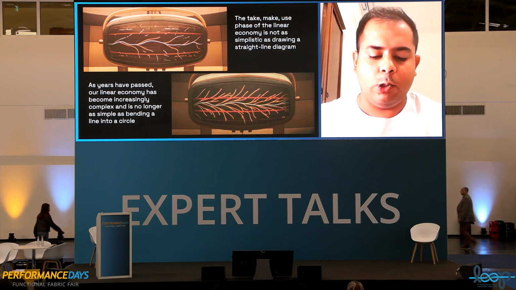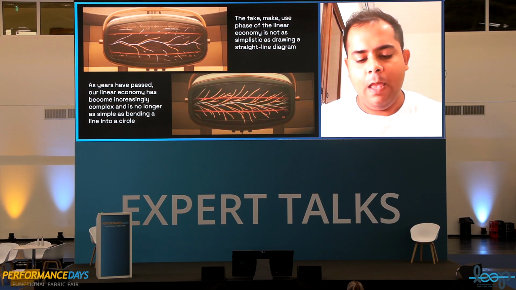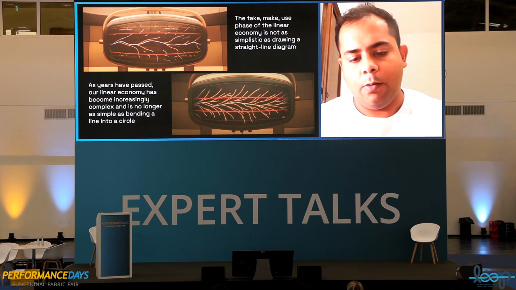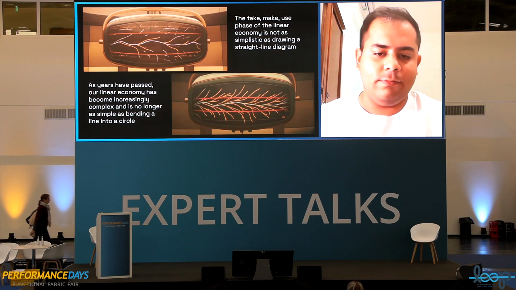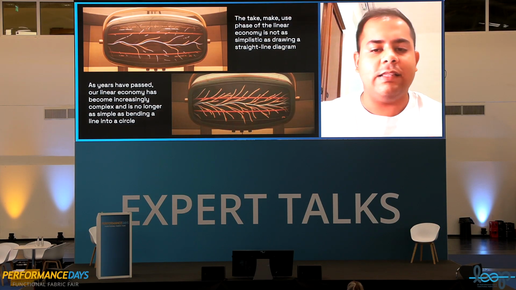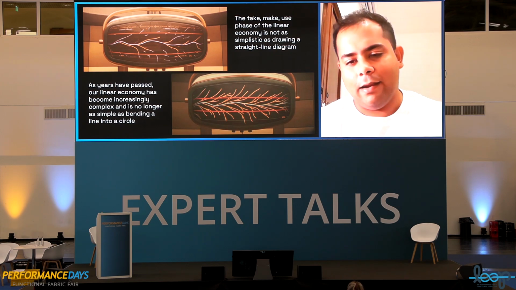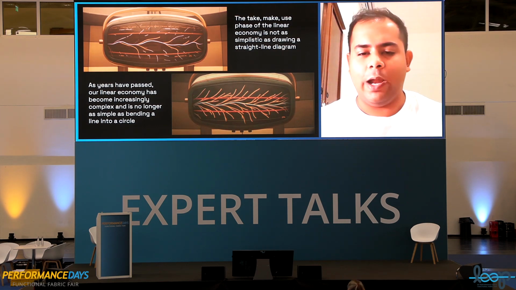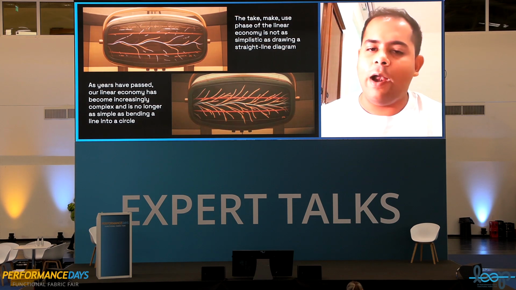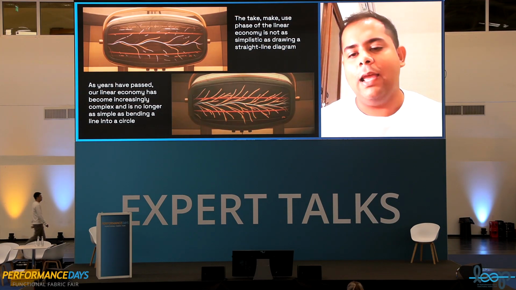And the red lines are more so the indicative lines for things that we know and things that we don't know. So you give a contract to your supplier and they give it to someone else, and then it goes beyond the red line and you don't have much oversight. And this is what the linear economy kind of looks like. It's not a straight line that you just pick from one end and bend and turn into a circle. It just doesn't work that way.